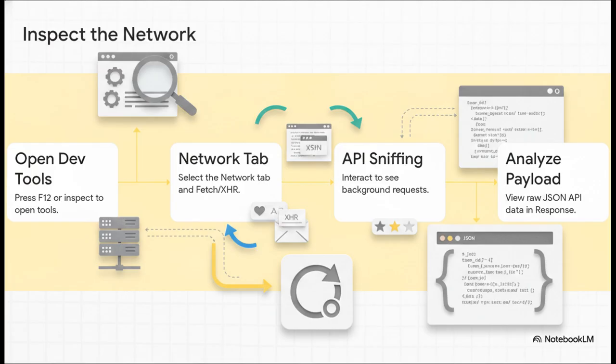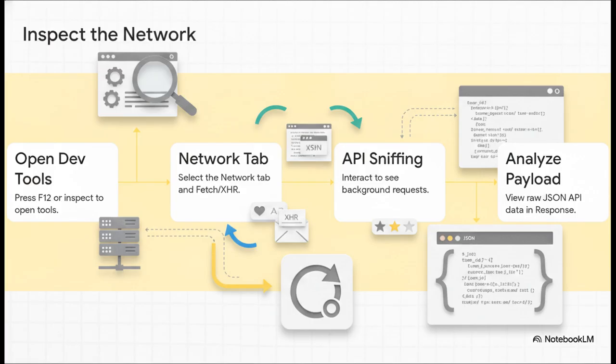Click a like button or navigate to a new section. You will immediately see new entries popping up in that panel. That is literally you observing the hidden background requests of the single-page app architecture, asking the server for data. Finally, click on one of those entries and look at the Preview or Response tab. You are now looking at the raw API data, formatted in JSON, right at the source, completely stripped of its